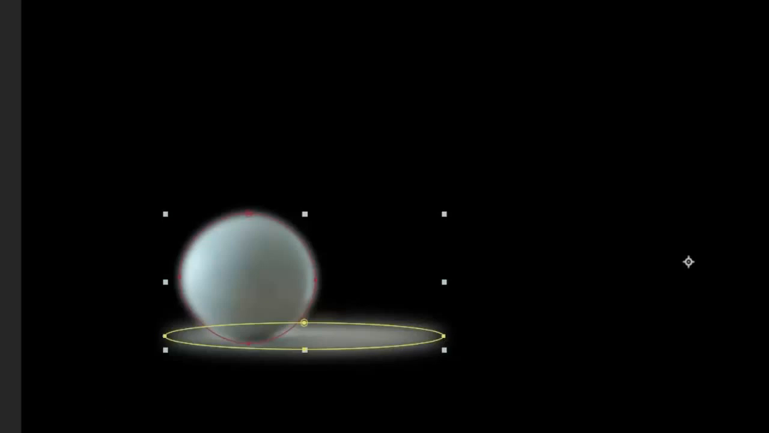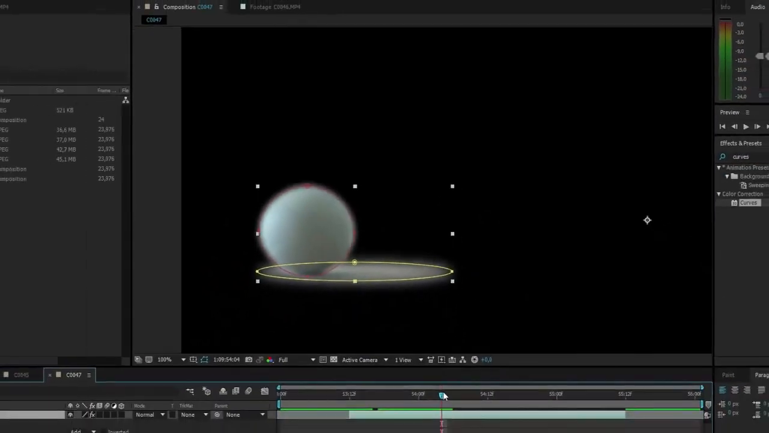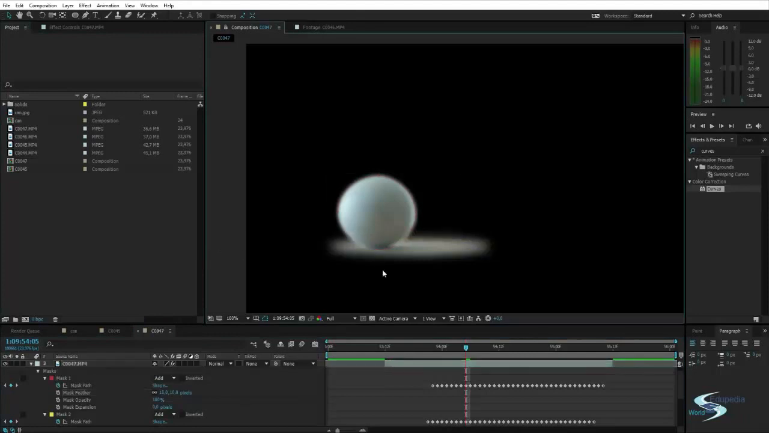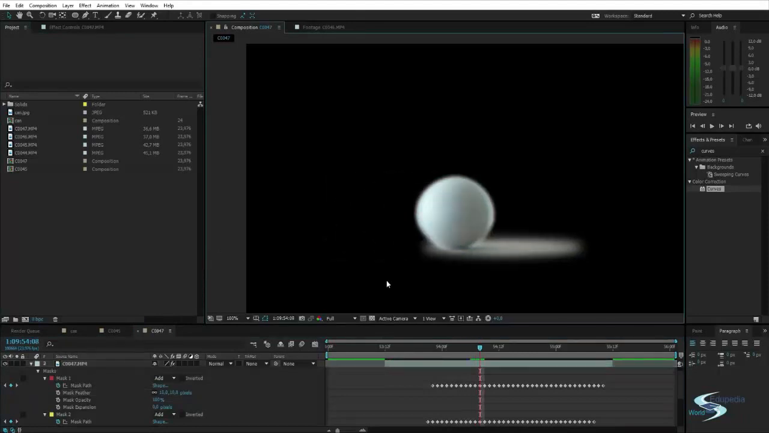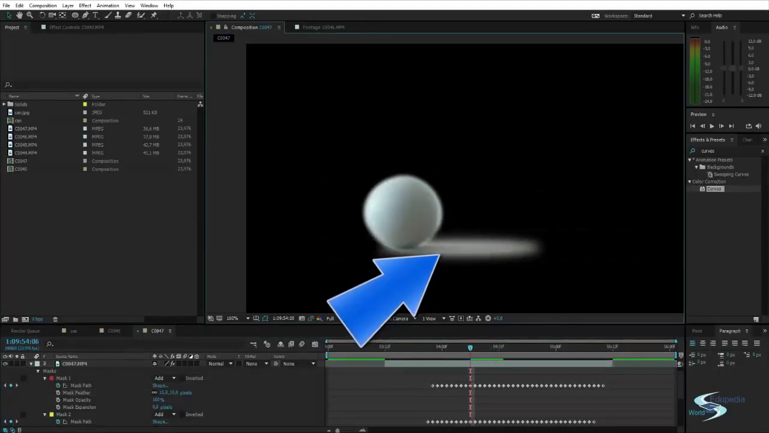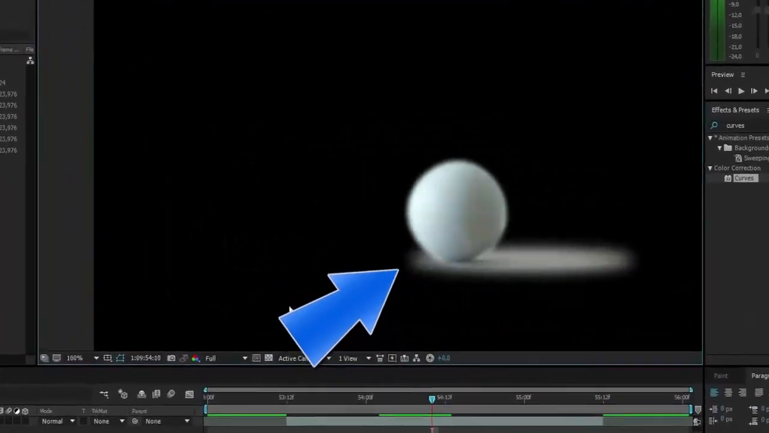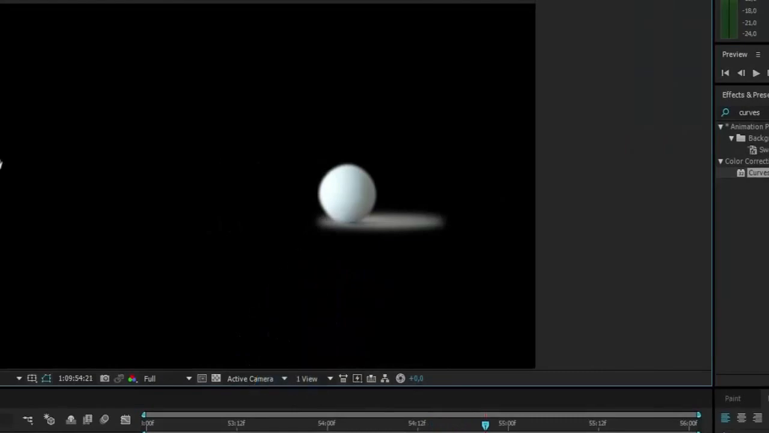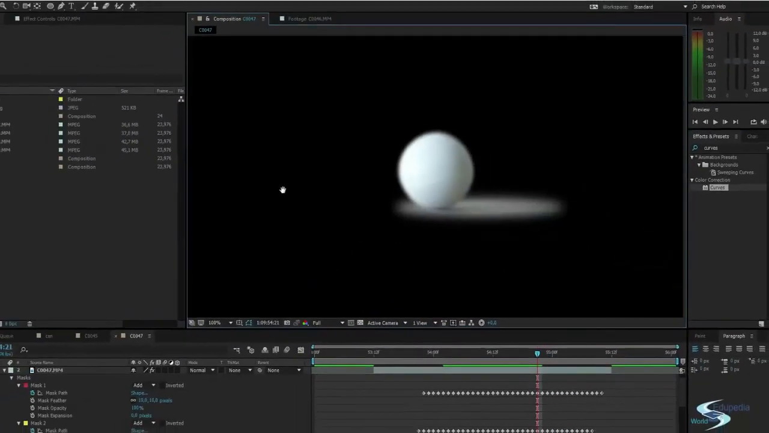And then I have animated the mask to follow along, and I can actually see that I've added a bit too much feather. As you can see, this is just the ball moving along, and then I've just masked that out. You can see the ball moves along,